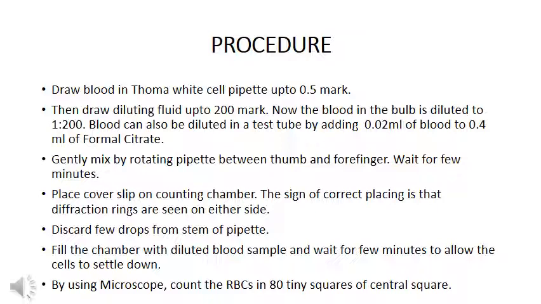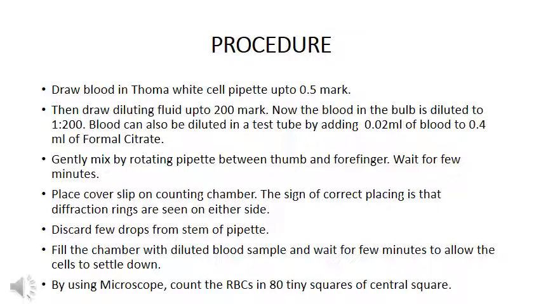So after preparation in the test tube, we gently mix or rotate it, or we will leave it for a few minutes. Then we will add a few drops on the Neubauer chamber, and this is actually the charging of the chamber. After charging of the chamber, we will place a cover slip on the chamber. Please keep in mind that we should use the cover slip which is provided with the Neubauer chamber. We should not use other commercial cover slips which are normally available in our laboratory.